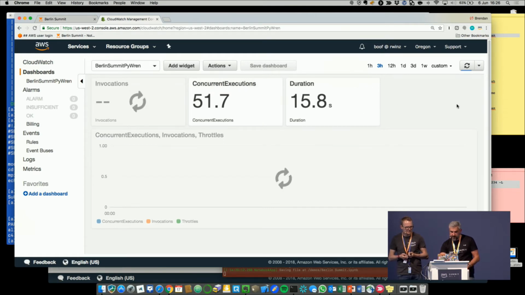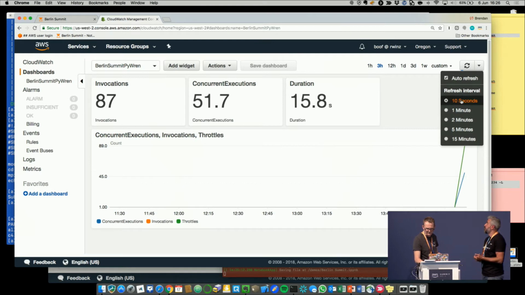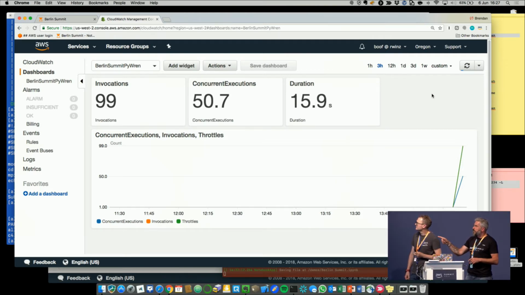And as you can see already, we are already at 87 invocations right now. Concurrency is still at 51 executions. So that's still our first call with about, I guess it was 100 instances or 100 parameters that we sent out. And if we wait a couple of seconds, then it will ramp up because it will reach our 5,000